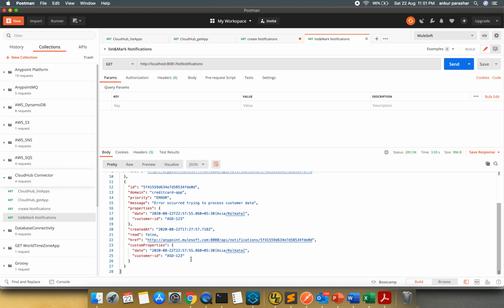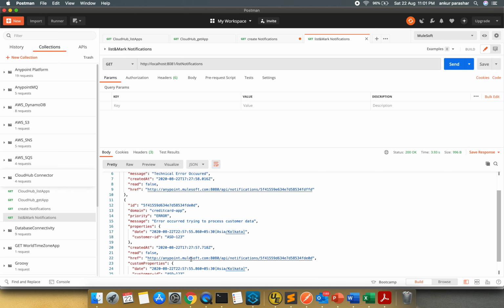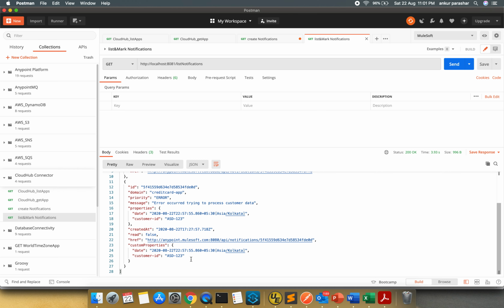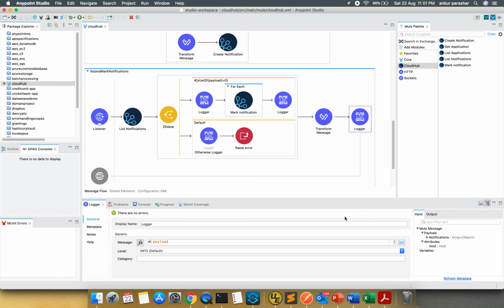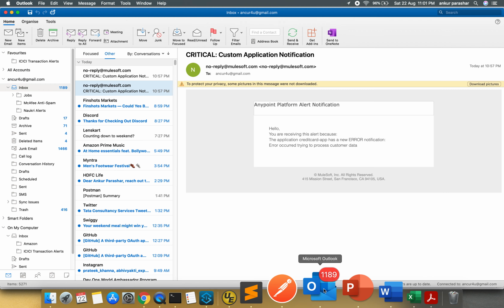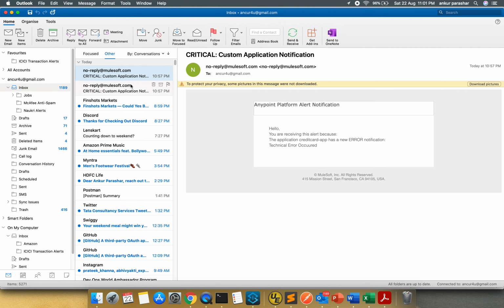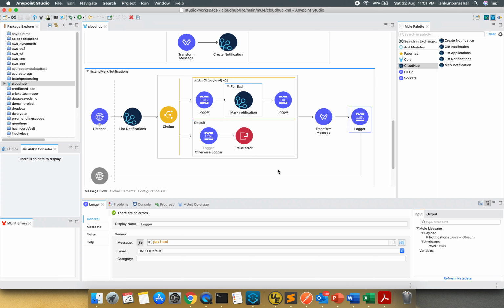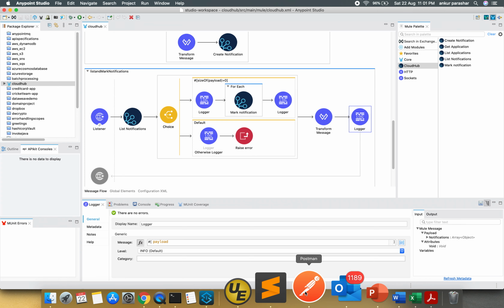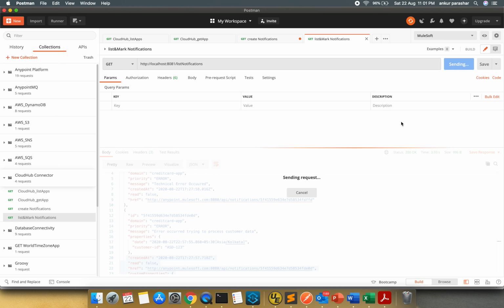So in short, there are two alerts along with some metadata. Now ideally there is no scenario in which a notification is being created, so if I check my email, there should be no new notification. So that's fine, right? Now let's try to hit one more time.